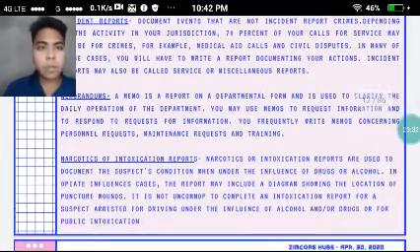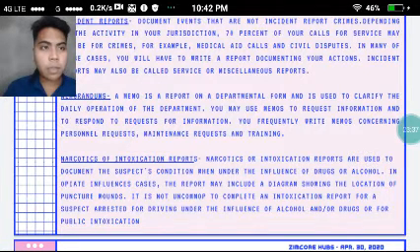The next is narcotics or intoxication reports. Narcotics or intoxication reports are used to document the suspect's condition when under the influence of drugs or alcohol. In opiate influence cases, the report may include a diagram showing the location of the puncture wounds. It is not uncommon to complete an intoxication report for a suspect arrested for driving under the influence of alcohol and or drugs